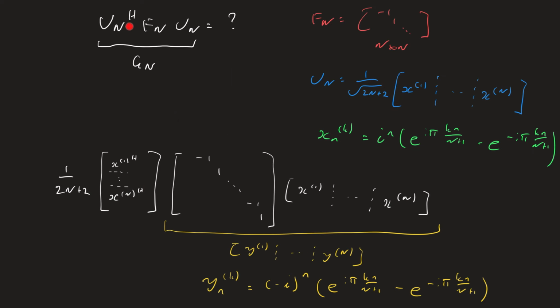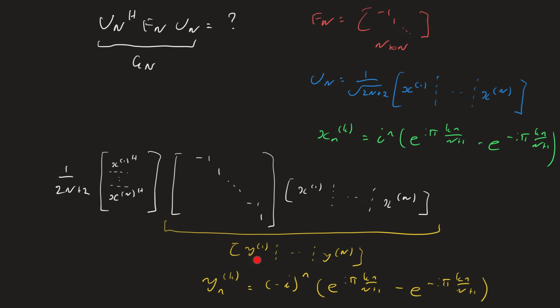Recall that we wish to determine what U Hermitian transpose F U is equal to, where F is this matrix here, and U is this matrix here, whose elements are given by this expression here. Expanding this out shows us that this is equal to this. Our x's are eigenvectors of Q,